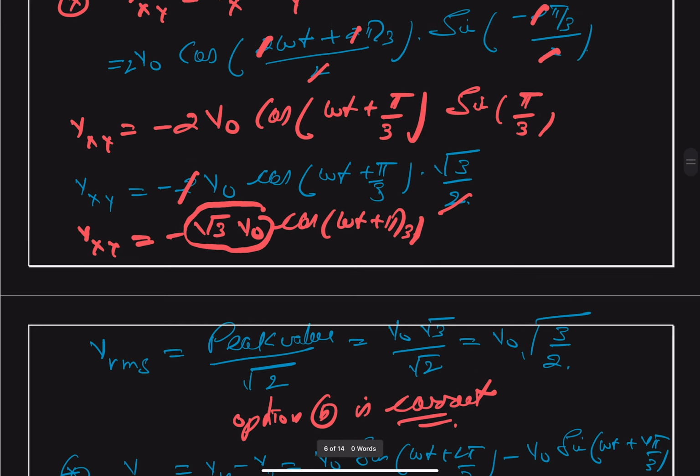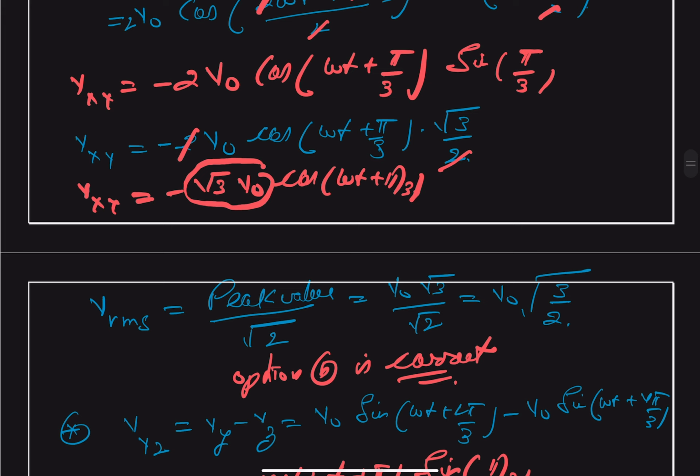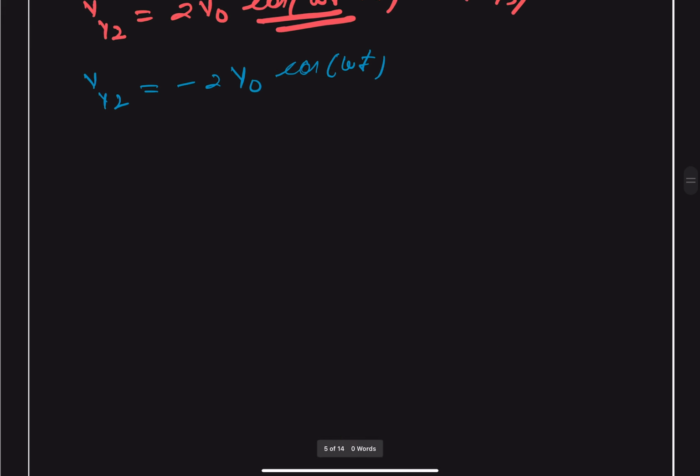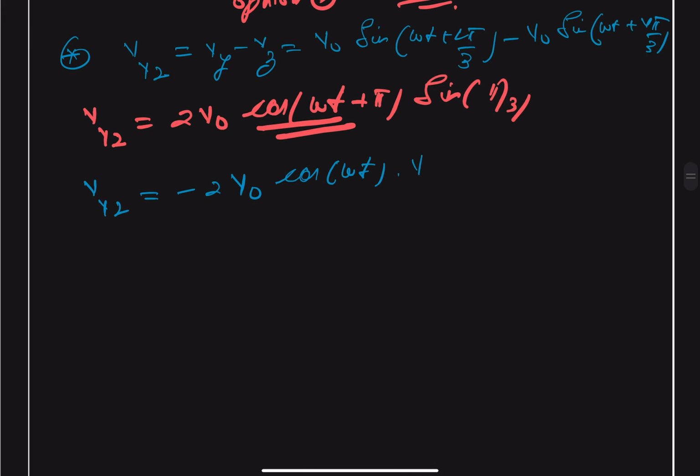Sine of pi by 3 is root 3 by 2. So we substitute here, we get root 3 divided by 2 and 2 cancels out. So from here we get this as minus square root of 3 V0 cos of omega